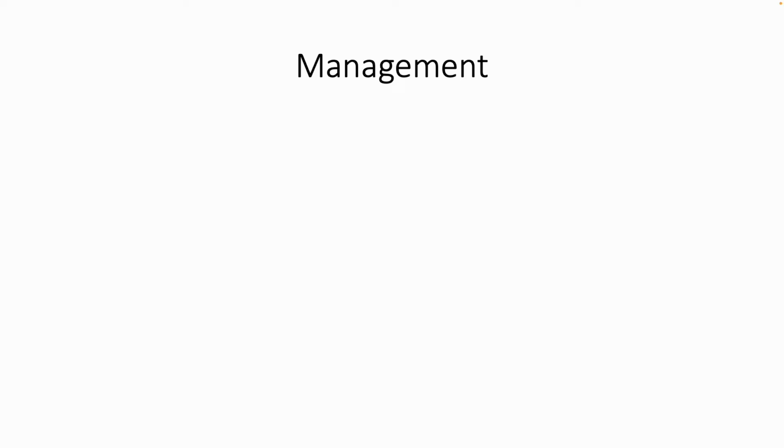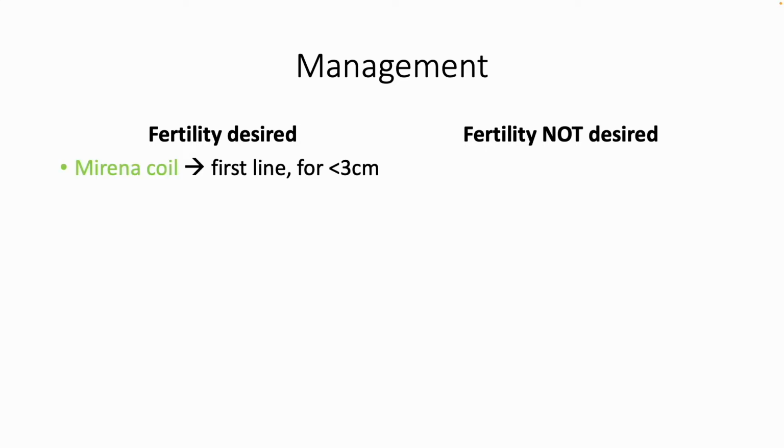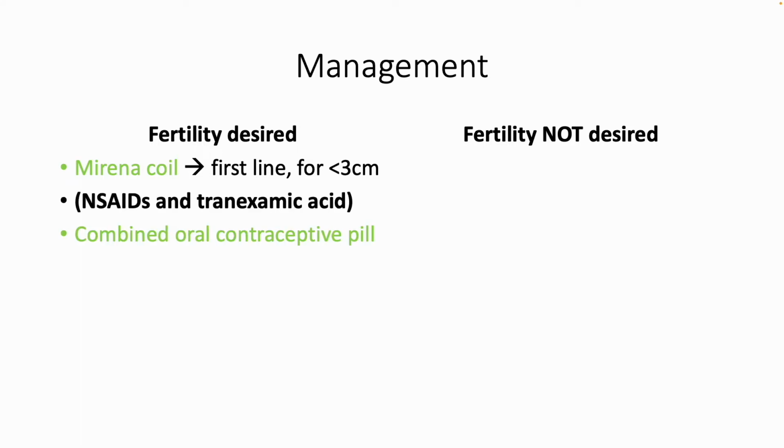After a diagnosis of fibroids has been made, the management splits into 2 categories: for patients who desire to keep their fertility and for those who do not. If a patient desires to keep the fertility, one of the first management lines is the Mirena coil, and it is especially good for those with fibroids smaller than 3 centimeters. Another one is the combined oral contraceptive pill, and NSAIDs and tranexamic acid can be used for